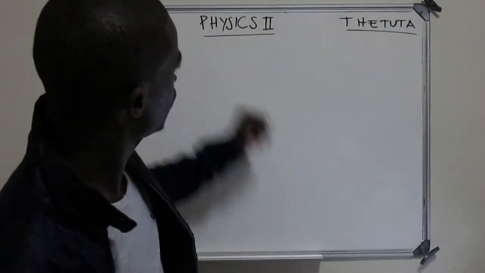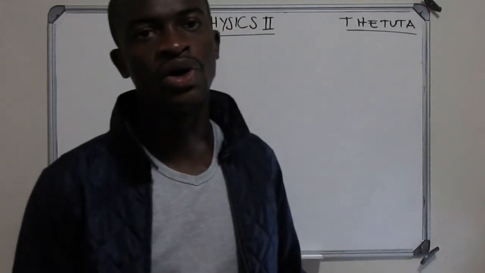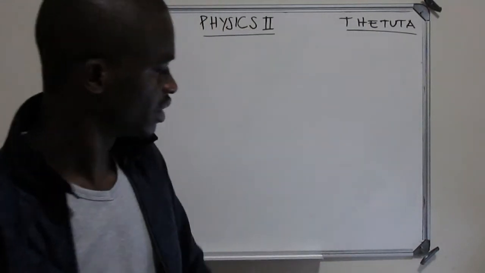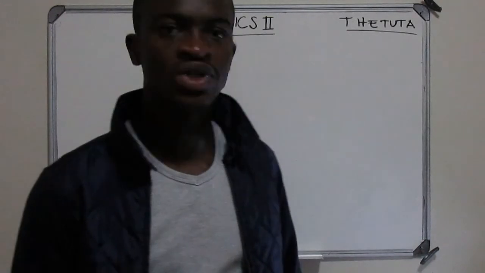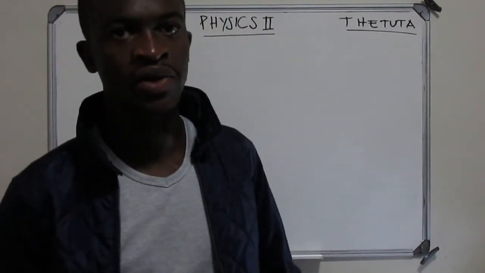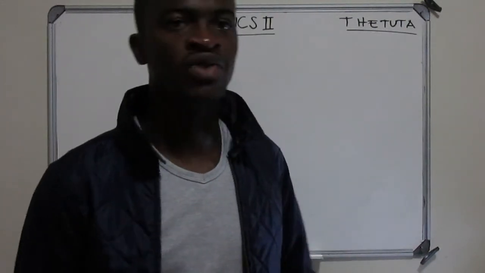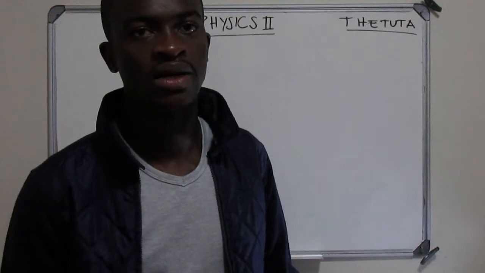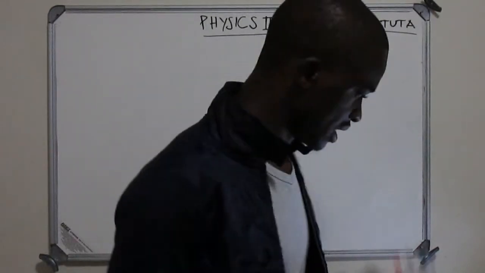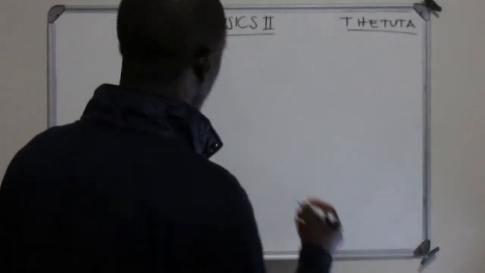On today's video, we're gonna carry on with our Physics 2, and our lesson today will be focused on Unit 5, which is kinematics in 2 dimensions. Okay, so we're gonna split it into videos. In the first video, we're just gonna explain the concept, and then in our second video, we're gonna start with problem solving. So what are the important parts that we have to keep in mind when we have to solve kinematics in 2 dimensions?